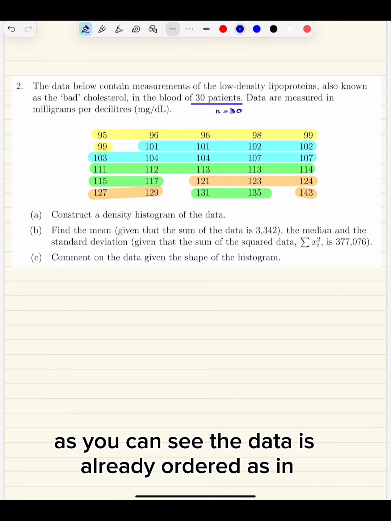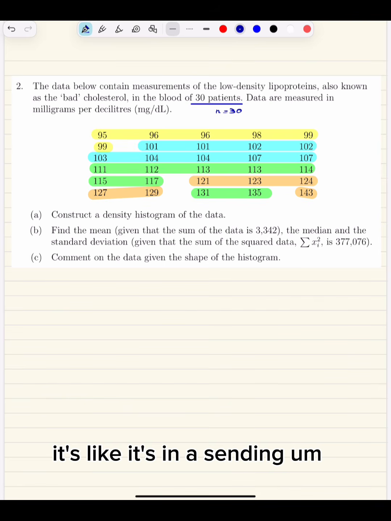As you can see, the data is already ordered, as in it's in ascending